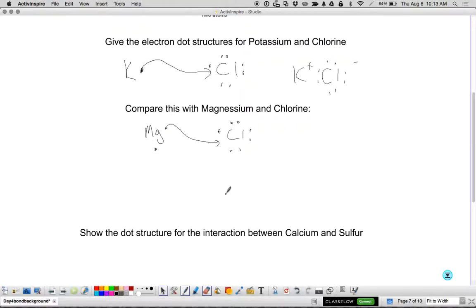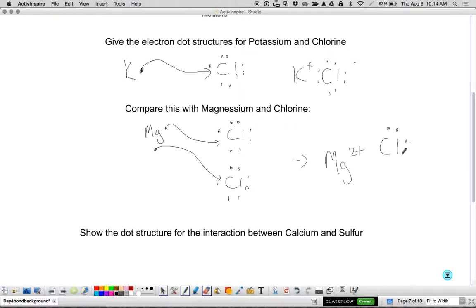Well, remember that this doesn't happen with single molecules. There are 10 to the 23rd of these atoms present. So you can have a second chlorine atom that would accept the electron from magnesium. Okay, so now magnesium would be losing 2 electrons, which means it would form Mg2 plus, and you'd have 2